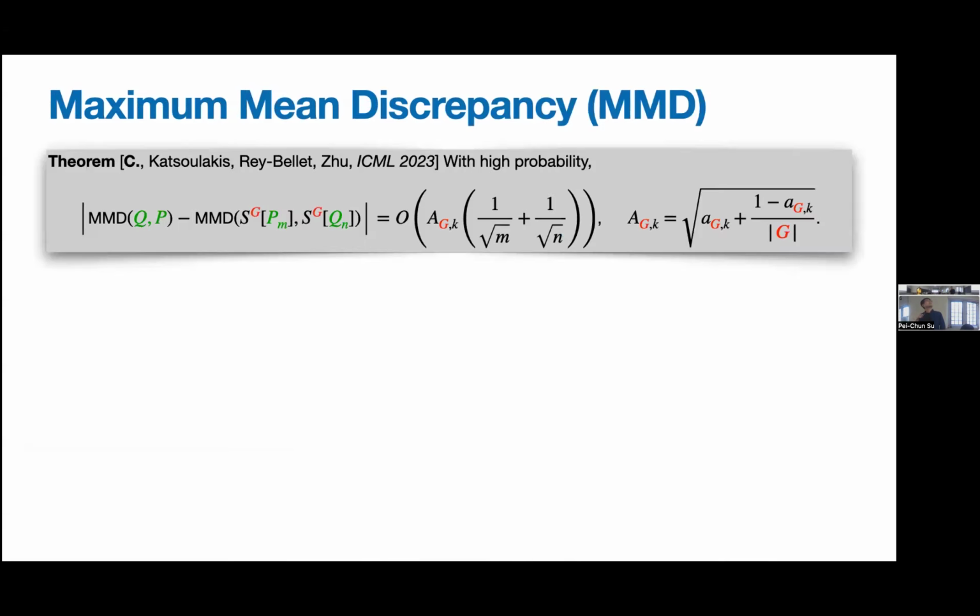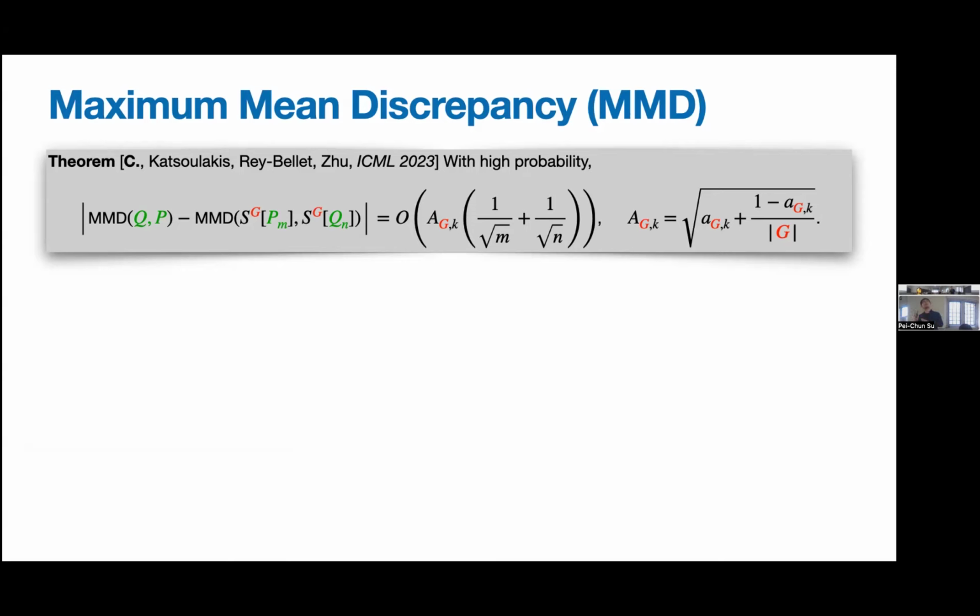Okay, so the next result I want to show is about the MMD. It's a kernel-based method. Again, we have the MMD estimations, where we take the supremum over all the G-invariant functions on the unit ball of the RKHS. So it's equivalent to comparing the data augmented versions of P_M and Q_N. The gain is reflected in this capital A, which is connected to this little a, which captures the decay of the kernel beyond the diagonal.